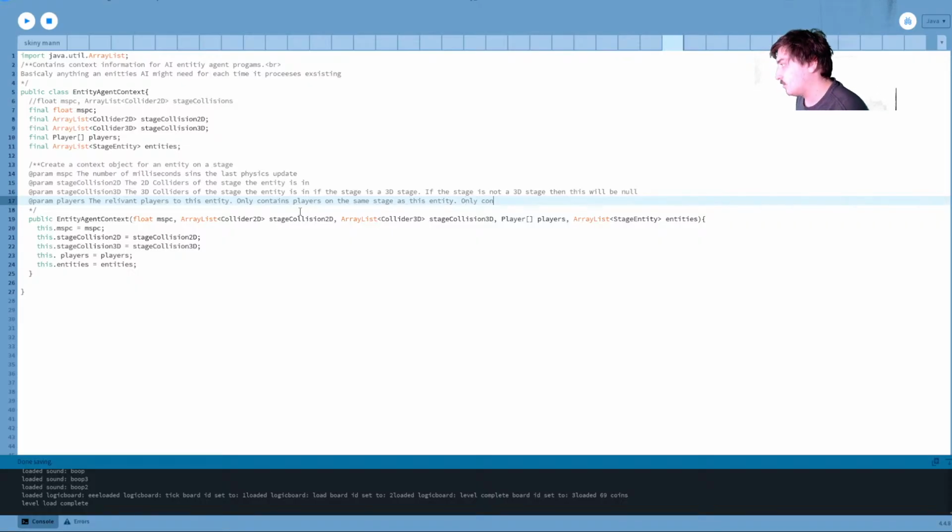It will have at most one player unless multiplayer mode is co-op.